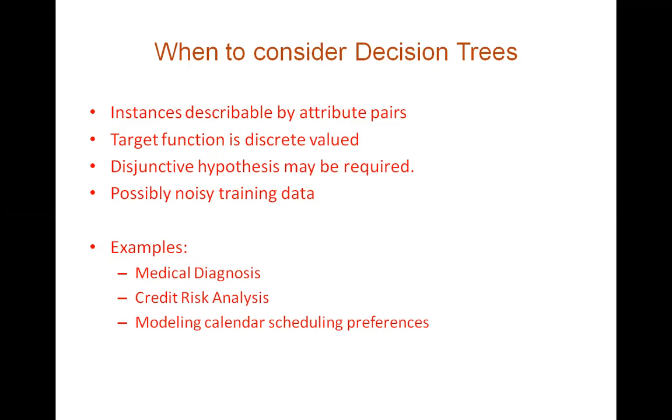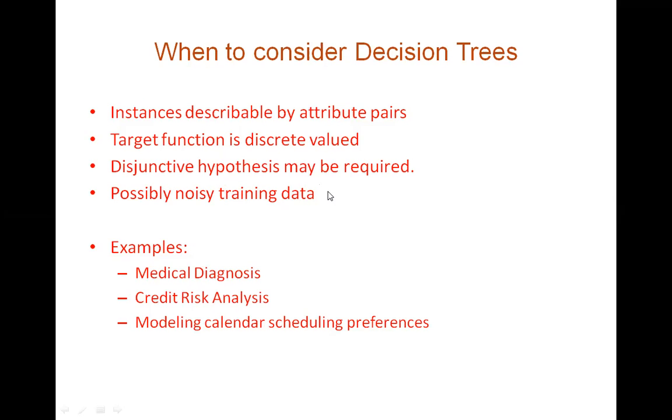So when to consider a decision tree? When will you think that we can use the concept of a decision tree? These are a few cases where you can consider the construction and use of a decision tree. Instances can be described by attribute-value pairs. Okay, the examples can be described based on attribute-value pairs. Target function is discrete valued, meaning yes or no, or only 3 or 4 discrete values. It is not a real valued function. So if it is discrete valued, then we'll use a decision tree.